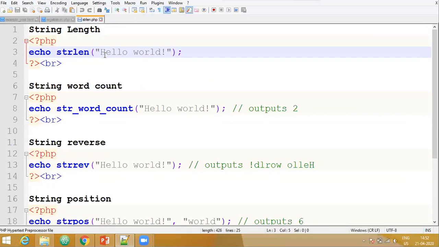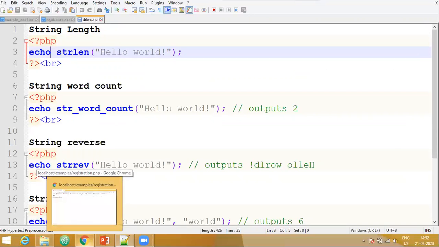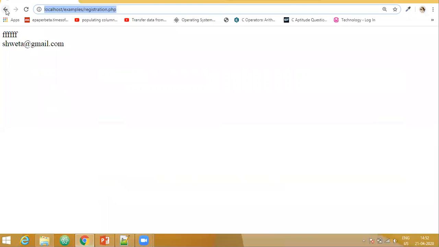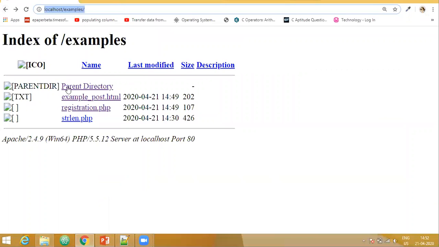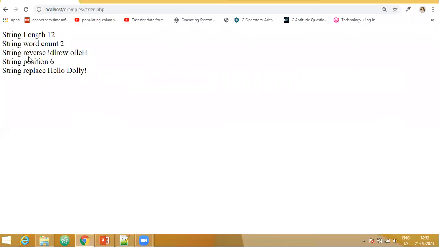So what will be the length of this string? Let us check here. Remember, the index for string always begins from 0, not for string length. So here we have